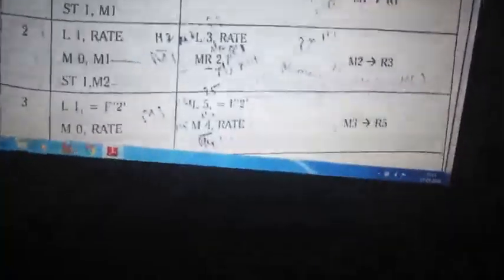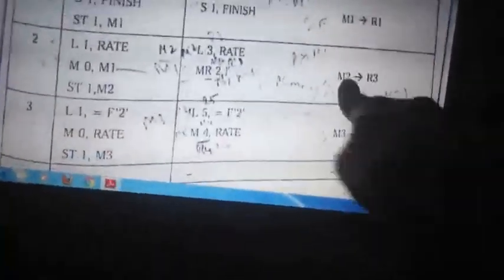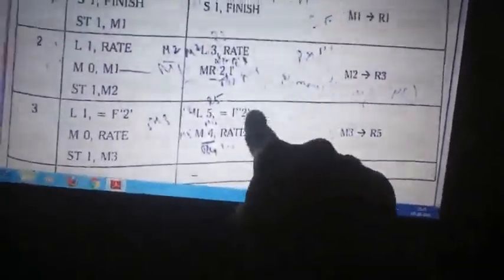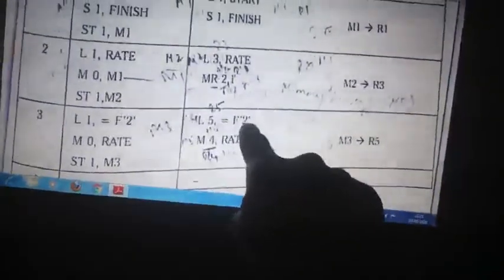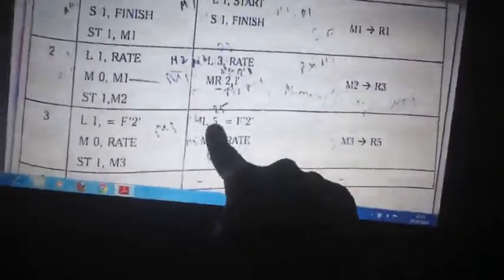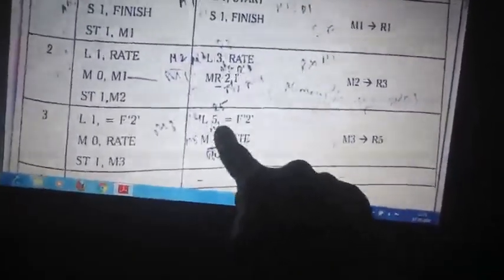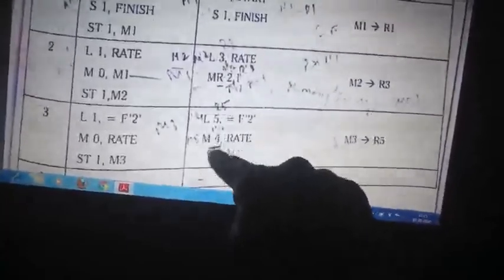Next, here again 3 is used, 4 is used for the calculation, 5 is used to store. So what are we storing? After the last step, we need to store the result. What we need to do here is, this 2 is nothing but a constant, which is loaded to register 5, and register 5 is stored in 4.